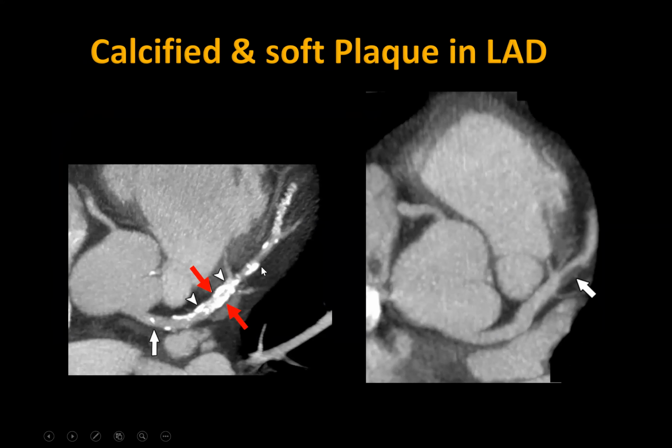Here you see a case with long segment LAD calcification. But this patient's total calcium score is low, like 135 or 140. So proceed to the next angiographic part. But during interpretation, you see all the calcium is deposited in the proximal LAD and bifurcation area, and makes it difficult to interpret the underlying luminal stenosis. So calcium is not always a good guide for you. And whenever you see a small soft plaque, it may be causing significant luminal narrowing.